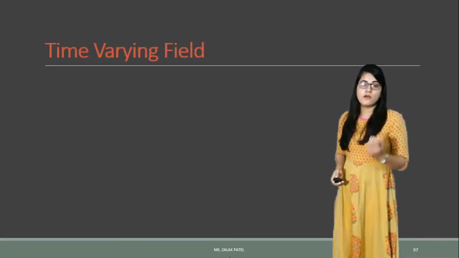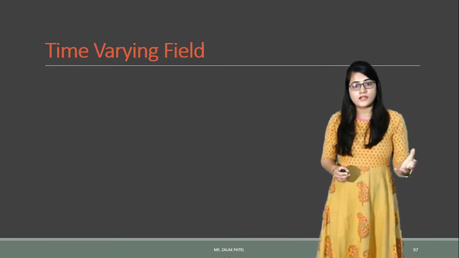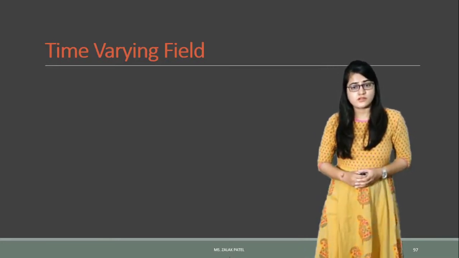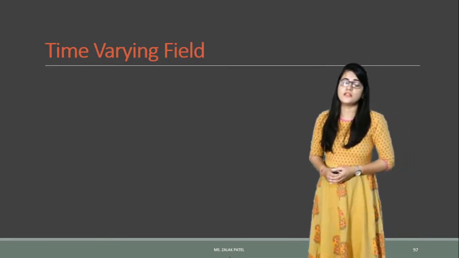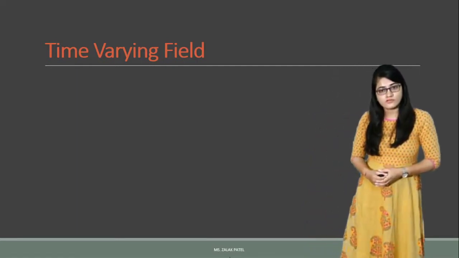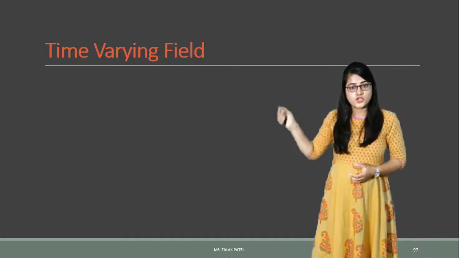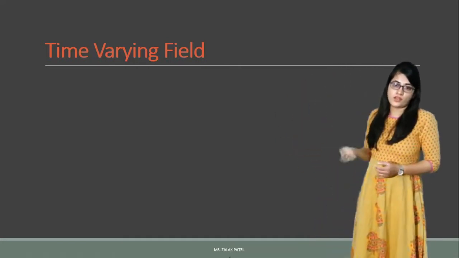As we have discussed about Maxwell's equations for the static field in the last session, there are a total of 5 Maxwell's equations. First one is Faraday's law, then Ampere's second law, Gauss law for electric field, Gauss law for magnetic field, and the last is the continuity equation of current. So let's see each one for the time varying field.